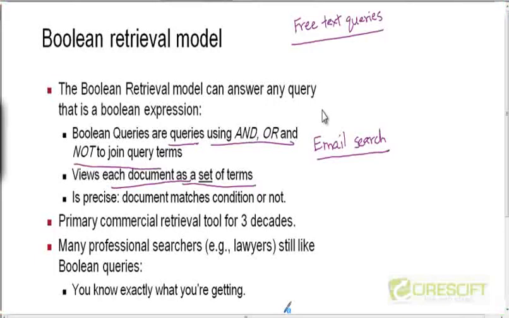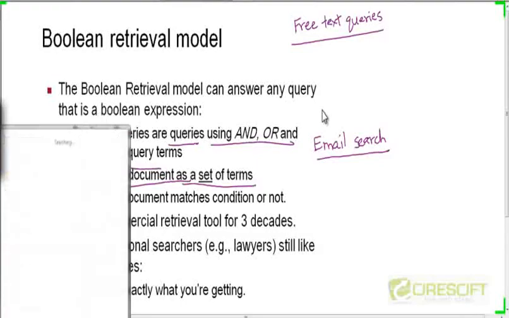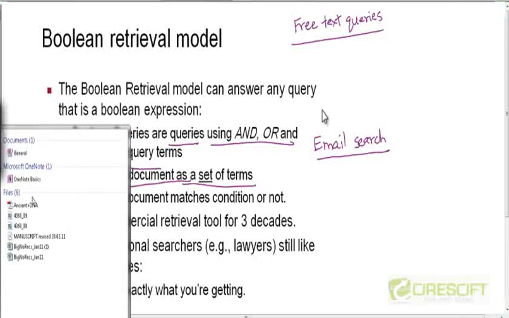But if you look at desktop search on the other extreme, so I hope you can see my screen here. I have this Windows 7 machine, and let's say that in this search box I start typing the word ancient. You can see that as I'm typing this word, I'm immediately getting a set of results over here.